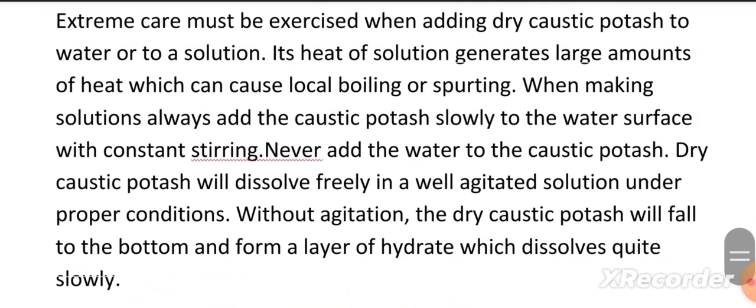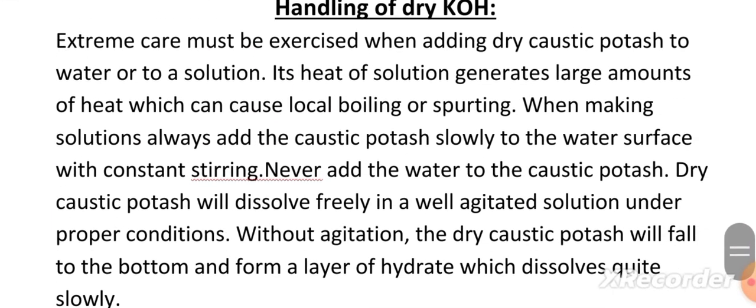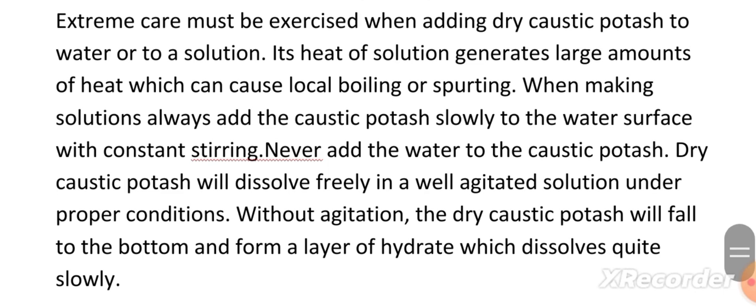Let's summarize the main points we discussed in this slide. Firstly, we discussed the chemistry of caustic potash. Moving ahead, we discussed how caustic potash is manufactured on an industrial level. Then we discussed the properties and usage of caustic potash. Then we discussed the application level usage of caustic potash. And lastly, we discussed how caustic potash is handled in liquid as well as dry form. That's all about the topic potassium hydroxide.